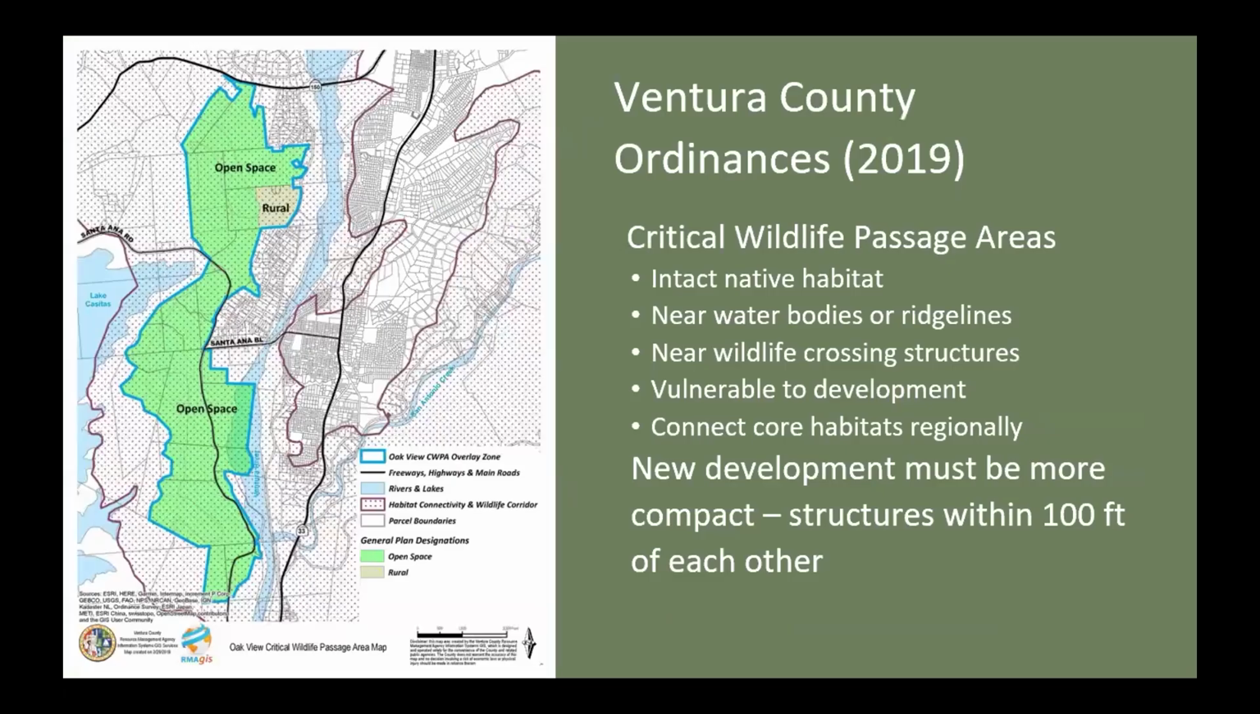And then within these designated corridors, they have critical wildlife passage areas that have been identified as even more of a priority. So these are areas that have intact native habitat. They might be near water bodies or ridge lines. They might be near a wildlife crossing structure. They might be vulnerable to development, or they might be really important for regional connectivity. And so any new development in these areas needs to be more compact, and structures need to be within 100